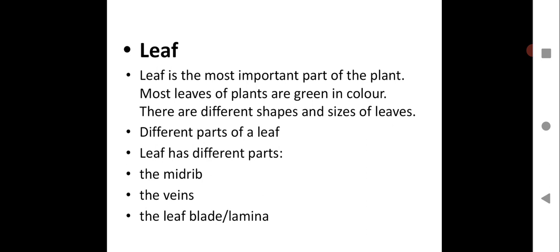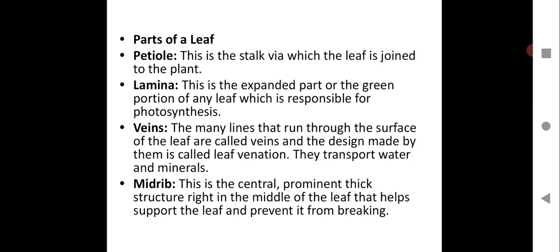So here you will see different parts of the leaf. That is very important. You should know. If you study structure of the leaf, the main parts of the leaf you should know will have a midrib, it will have veins, it will have a leaf blade or lamina. Please take this down, children, and we are going to have a diagram here. After this, we are going to see the different parts in detail. So here these are the very important parts. Please take it down. Parts of a leaf.